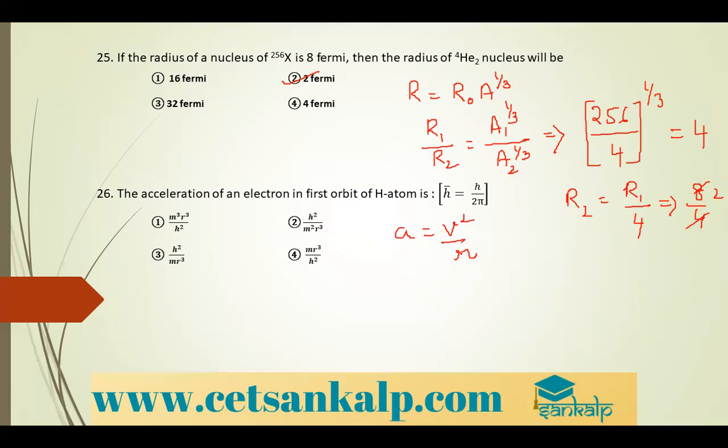And m v r is equal to nh by 2 pi. So using these two relations,